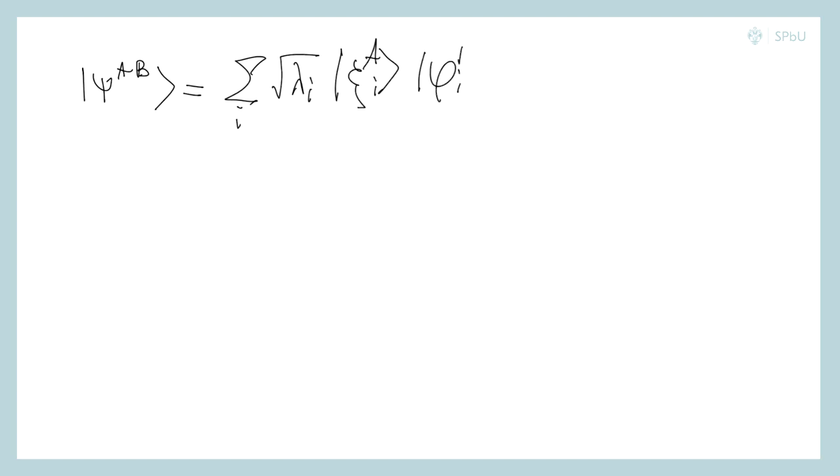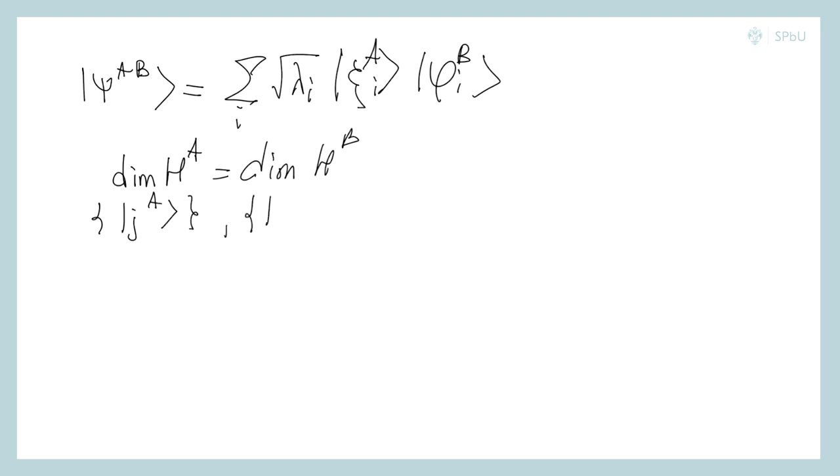We have to prove that the pure state psi AB of a compound system A plus B can be represented as the sum over i of square root of lambda i xi i A phi i B, where xi i A and phi i B are respectively the orthonormal states of the systems A and B. Let's assume for simplicity that Hilbert spaces for A and B have the same dimensions, so dim H A equals dim H B. Let |g A> and |k B> be bases for systems A and B respectively. Then we have psi AB